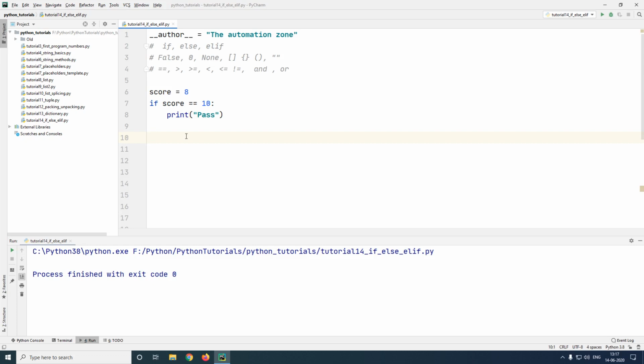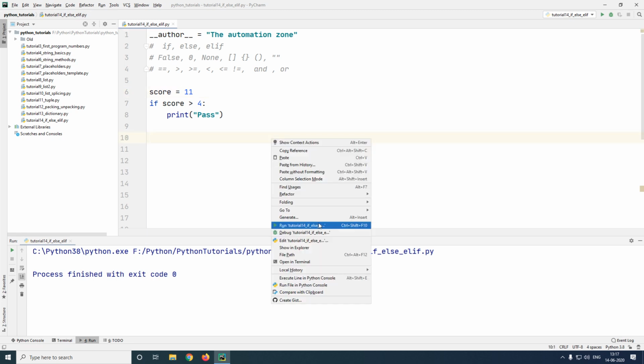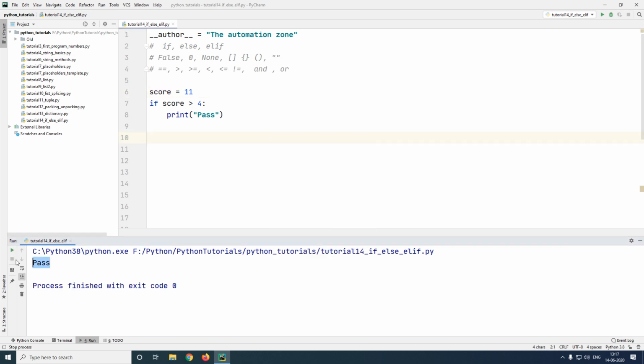I will now go ahead and modify the below example. So if a student has got any value greater than 4, I will consider it as a pass. As seen below, it works. If I have the value 4, it will not be considered as a pass. Now, a student cannot have more than 10 marks. So 10 is the highest. But if a student has scored 11, which is not possible, it still prints out the value pass.